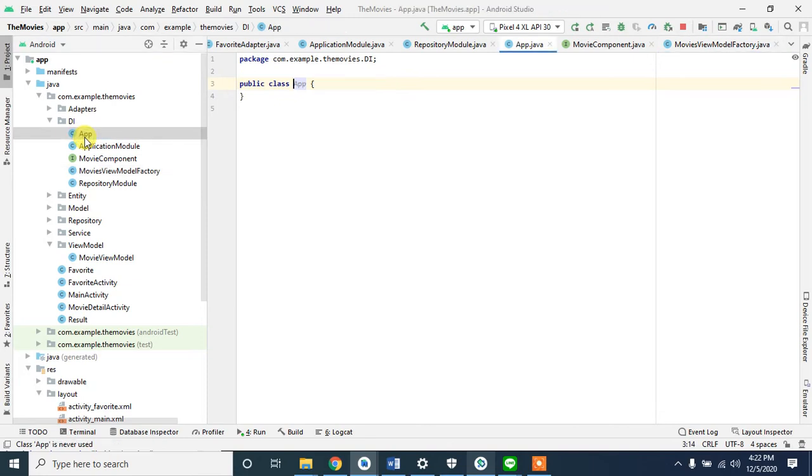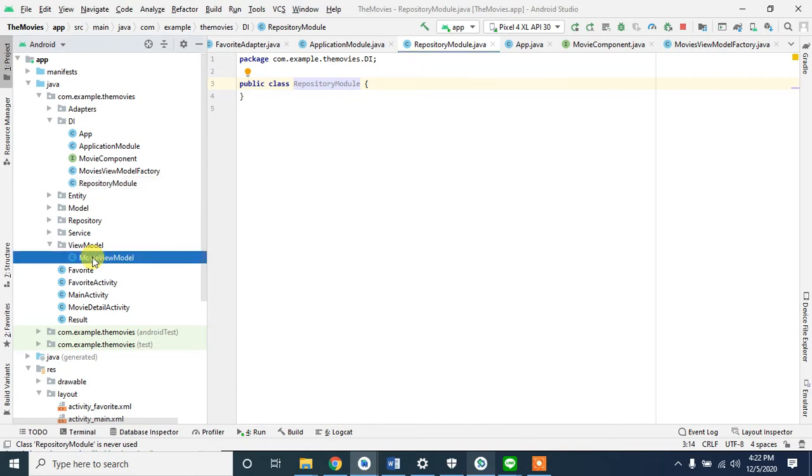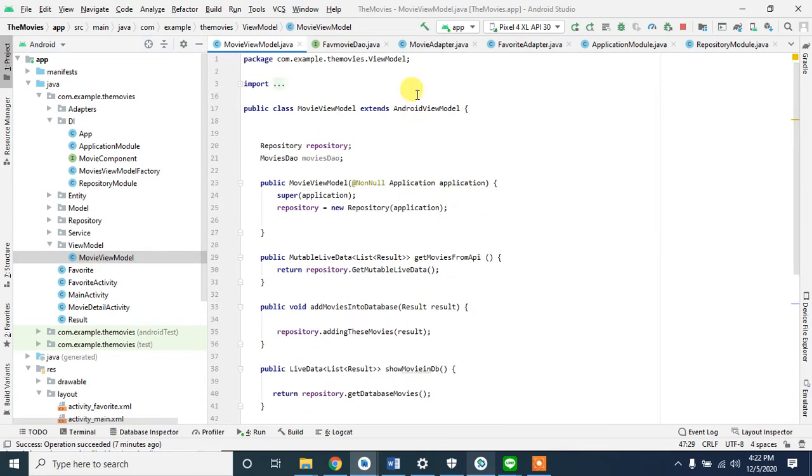I wish I could explain more about Dagger, but that would be too detailed. Right now, there are three types of injection: one is constructor injection, one is field injection, and one is method injection. But how we are pushing the data in here, we would have to change this to view model, and